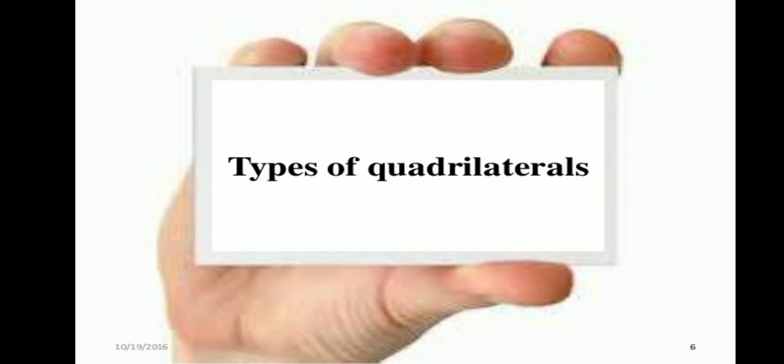Now moving to the next, the types of quadrilaterals. By now we have finished the topics which you could see in your chapter on quadrilaterals. Now moving on to the next lesson, lesson 16, parallelogram. But before that, we should know the properties of all the quadrilaterals, because parallelogram is a much wider term, and if we add a few restrictions to the parallelogram, it becomes some other quadrilateral.